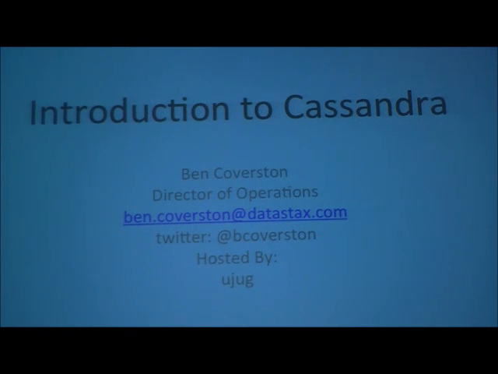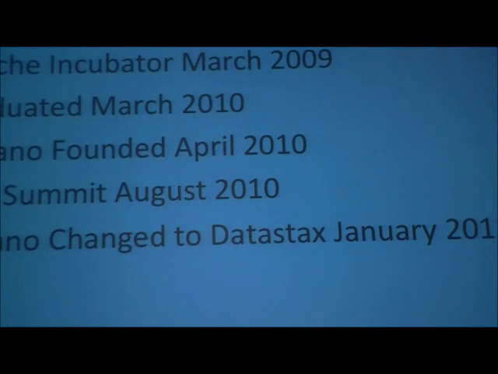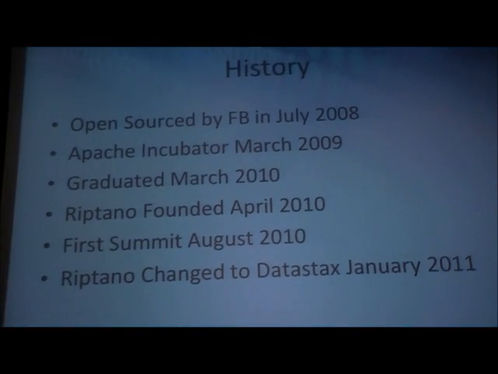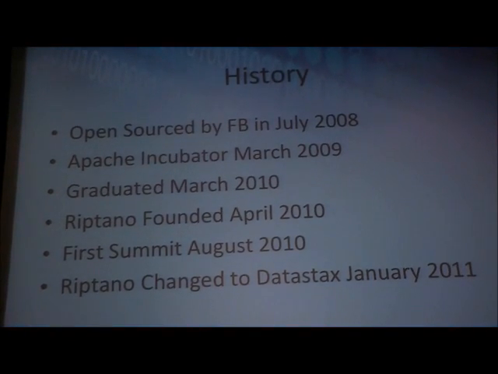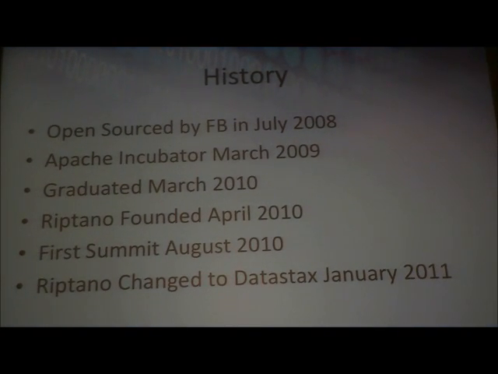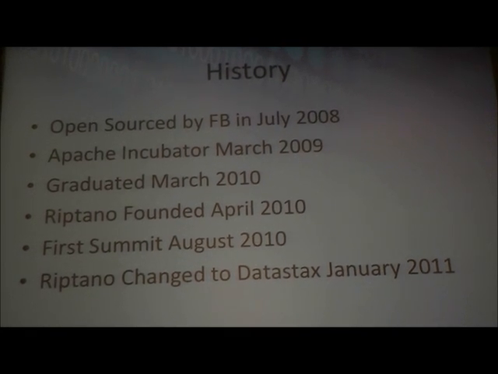So, let me just turn this on. All right. So, a little bit of history. Cassandra was open sourced by Facebook in July 2008. It was implemented as the solution for inbox search at Facebook. It was basically a little project done by 2 people there. When they were done with the project, they threw it out and they said, here you guys, in the open source community, here's this little project that you can play around with. We call it Cassandra. And so it just sat out there for a while, and it ended up in the